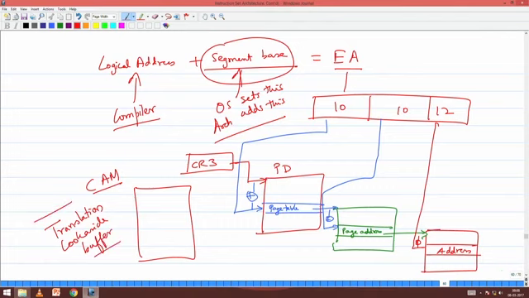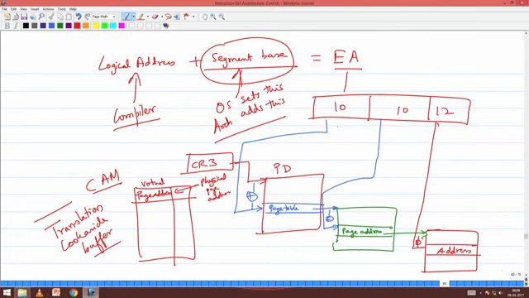Translation look-aside buffer: I look aside the translation, I do not want to go through this translation. What this will store, for every page address, let me call that 20 bits, I can call it the virtual page address, it will store the physical page address,